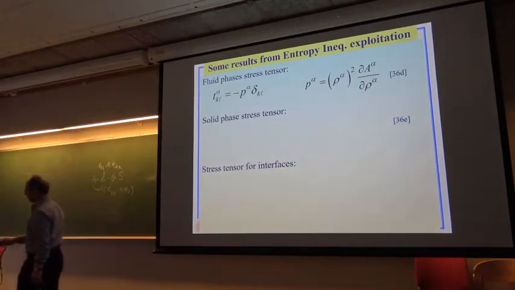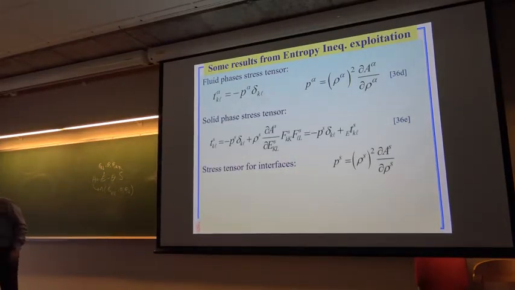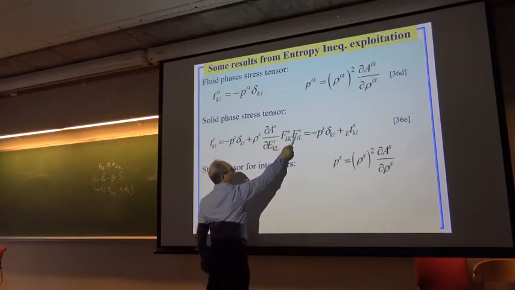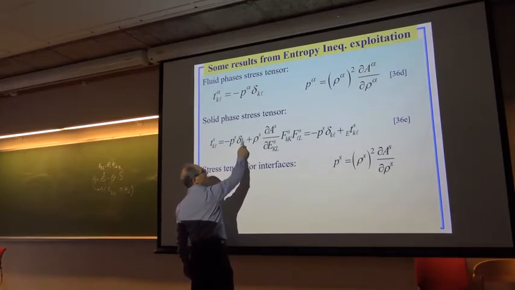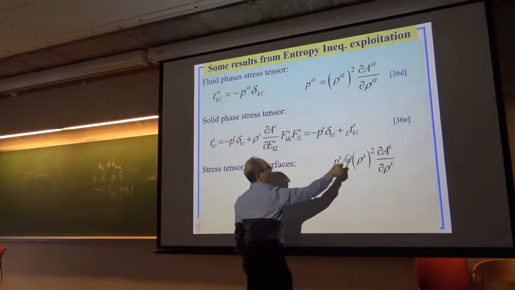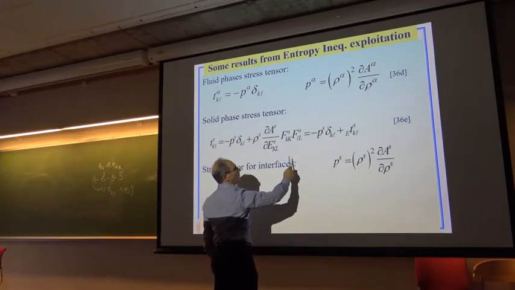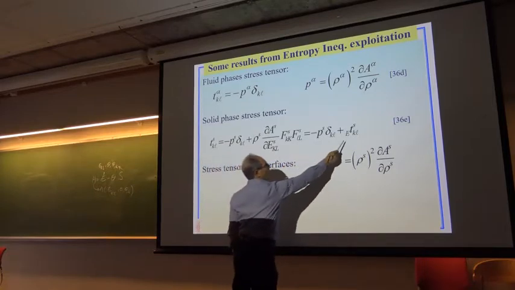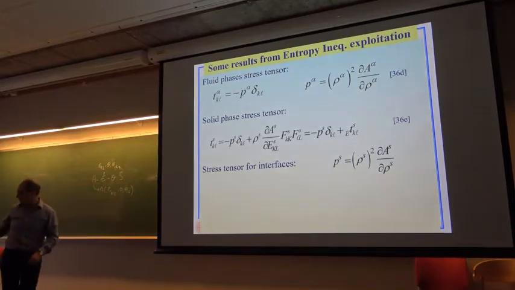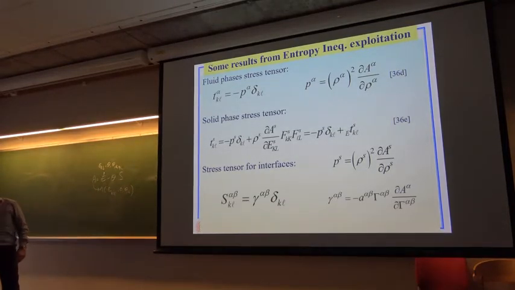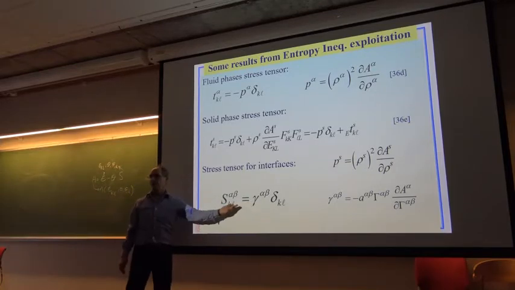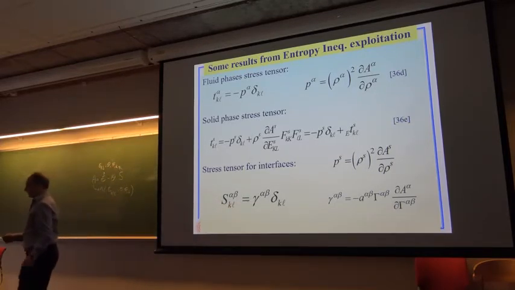Okay, and then for the solid phase, it has a part coming from its deformation, and a part related to the rate of change of its free energy with the mass of it, or its specific volume, and so that's effective stress. But what this is not given yet. And for interfaces, I get for all three interfaces that the state of stress is just the interfacial tension.